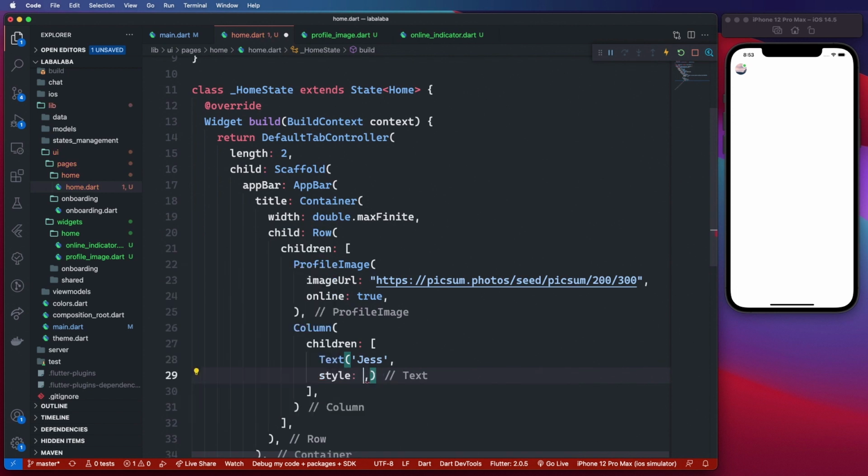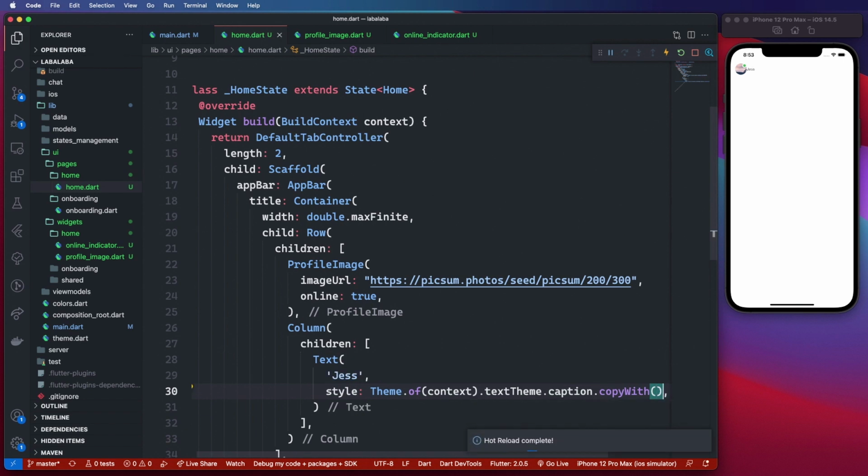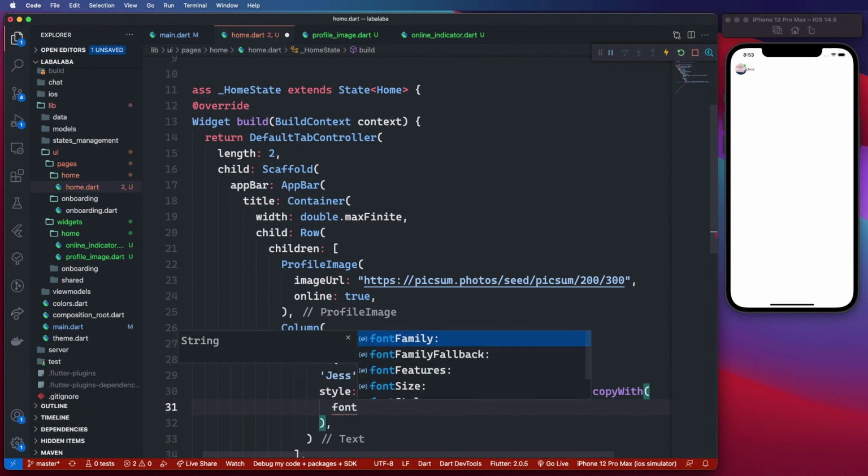Give it a style, theme of get the text theme. Gonna make it style caption, then copy with, and I'll copy that with the font size